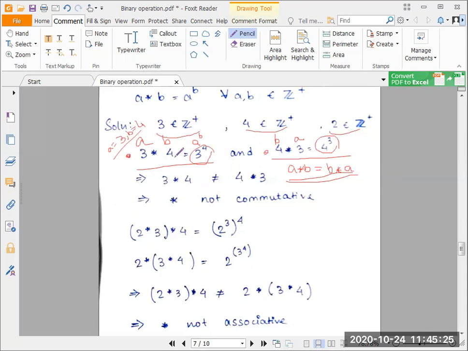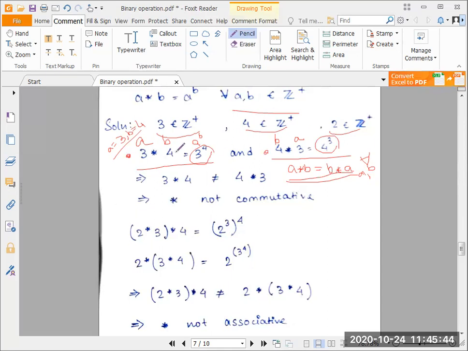Which means 3 star 4 is not the same as 4 star 3, or A star B is not the same as B star A for all A, B. So that essentially is the root cause of the problem. A star B needs to be equal to B star A for all values of A and B under the set of